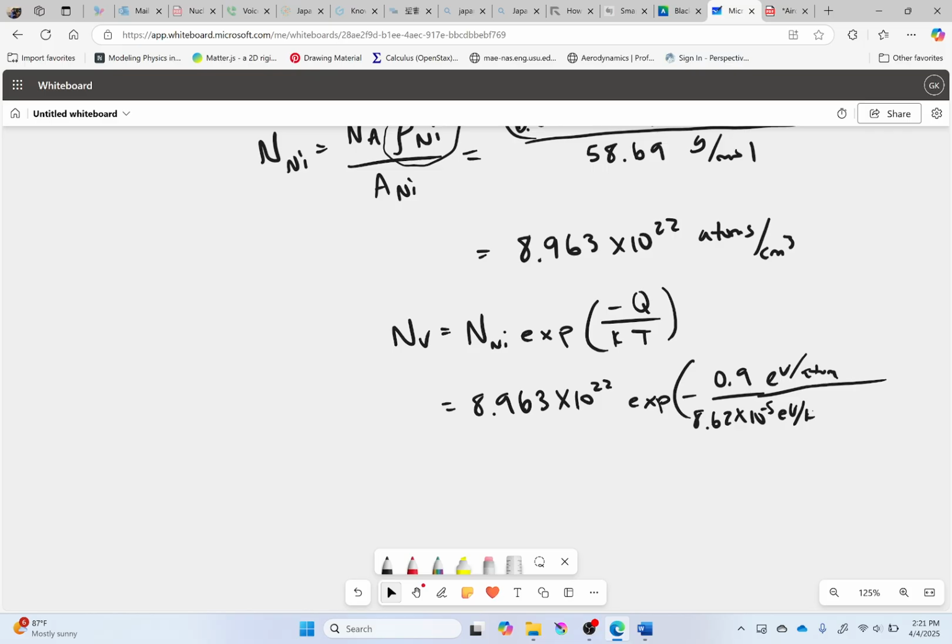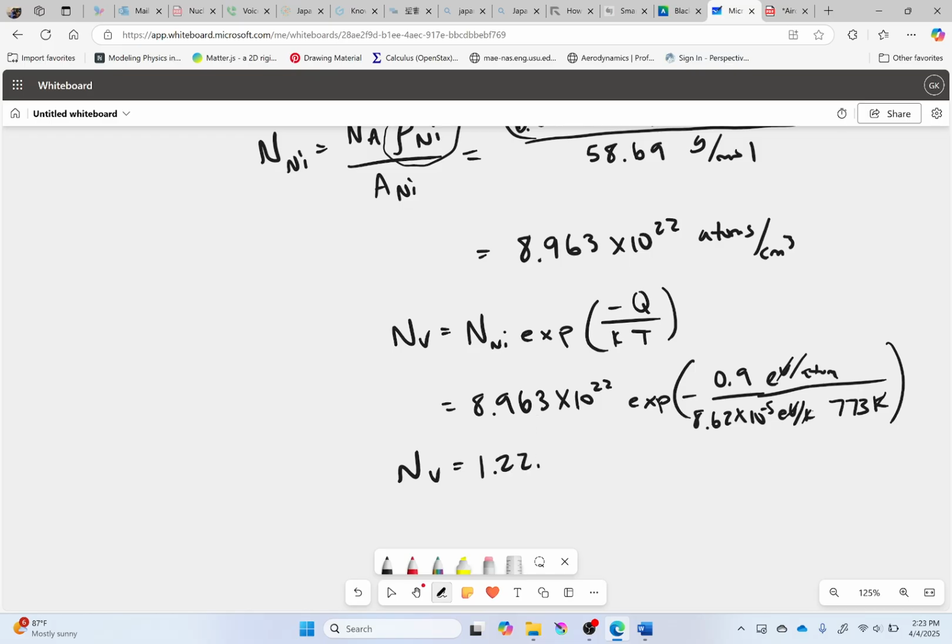But we don't do things in relative units, we have to change that. So this would be 773 Kelvin. Okay, Kelvins cancel, electron volts cancel, I'm left with atoms. So when we plug in our calculator, we'll get a smaller number, but still appreciable for the number of vacancies. So my number of vacancies is going to be equal to